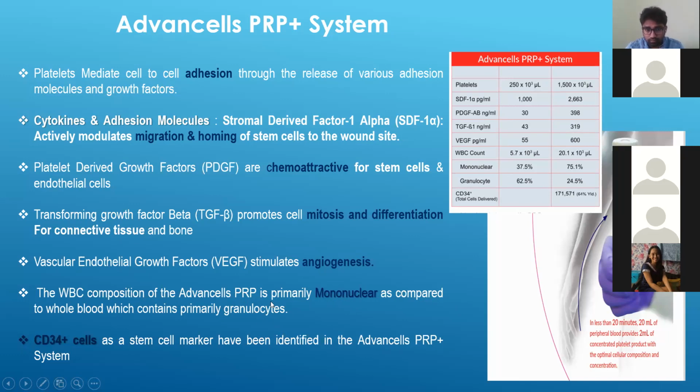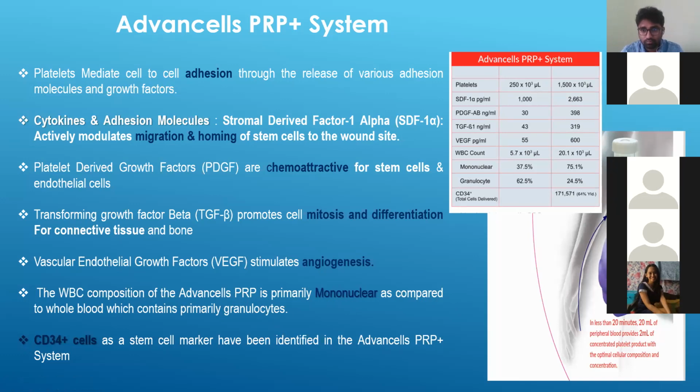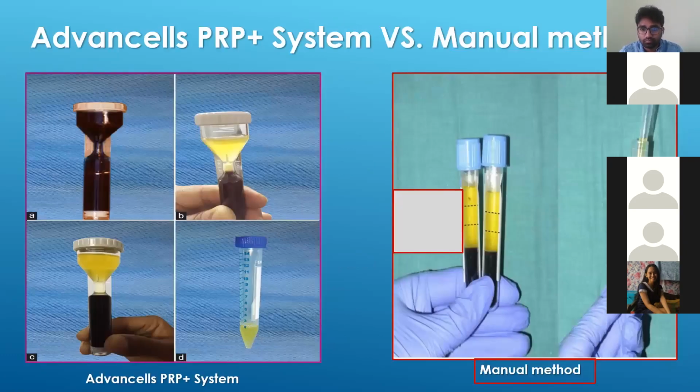And also, I told you that there are CD34 positive cells, few cells, I'm not saying a high amount, but a few cells are also present in this system. So it's good for hair regeneration. We have done the study on that. So this is the comparison of methods. This is the manual method. Generally, people do this, and it is an open method. So you are using a micropipette and taking, and there is no clear-cut WBC demarcation you can see.